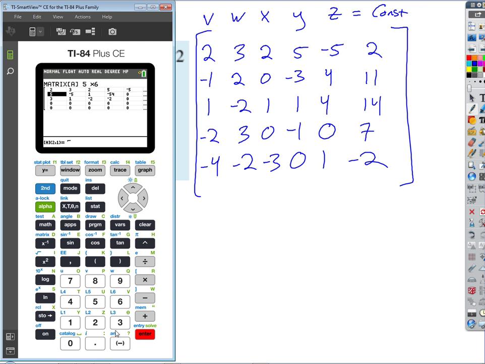Jumps me down to row 2, negative 1, 2. Notice I'm just writing over the top of the last one. That's fine to do. 0, negative 3, 4, 11, row 3, 1, negative 2, 1, 1, 4, 14, row 4,